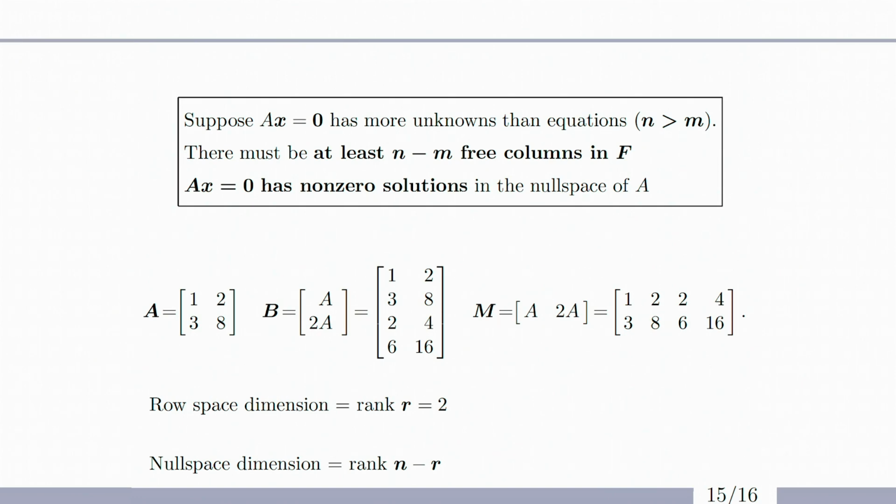The zero combination will surely give 0. But if I have 5 unknowns, 5 columns in A, and only 3 equations, 3 rows, so n greater than m, then there will be some columns in F, there'll be some non-zero solutions,